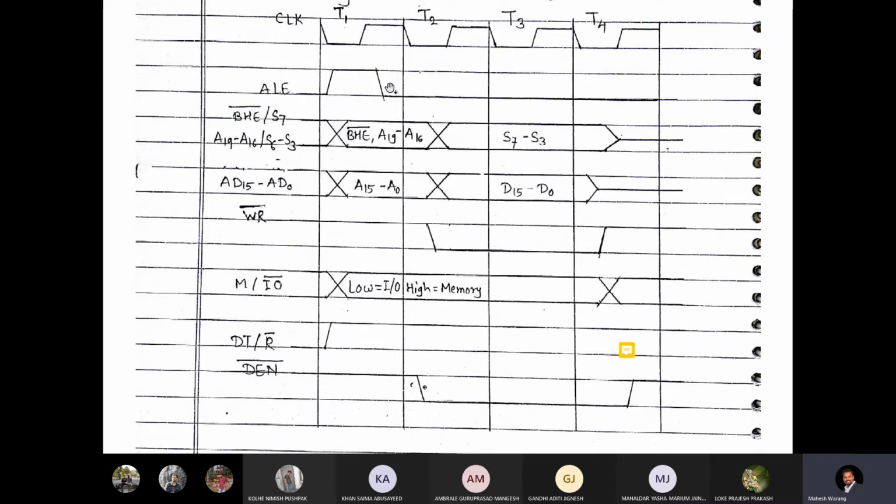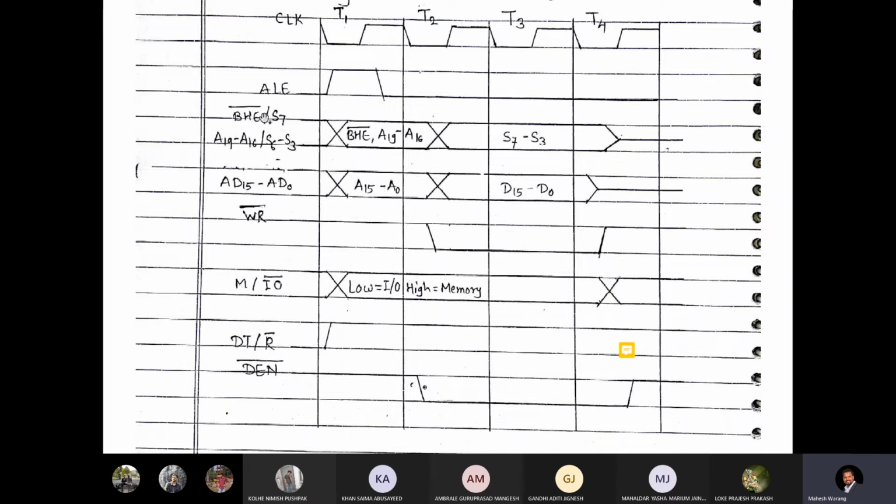Fine. Now let's see, when ALE is high, as I told, this is a group of lines. Understand, this is a group of lines. Now for a single pin, we show it like this; here it will be 0 and 1. So we are just showing 0 and 1. Actually each and every line is going to carry 0 and 1 only. Whatever I have shown over here, they are going to carry 0 and 1 only. But how do we